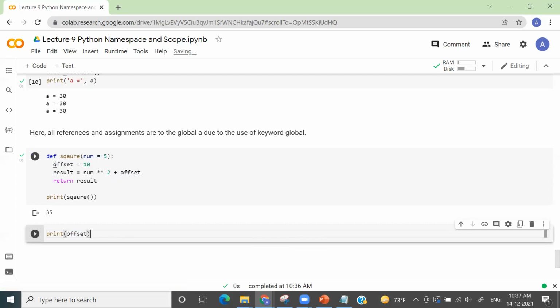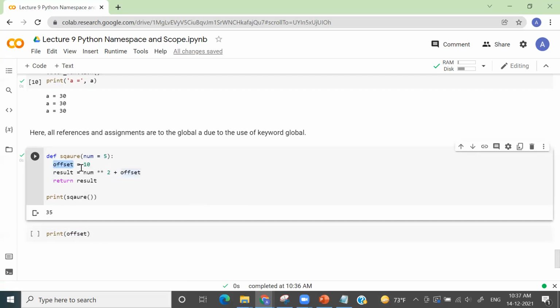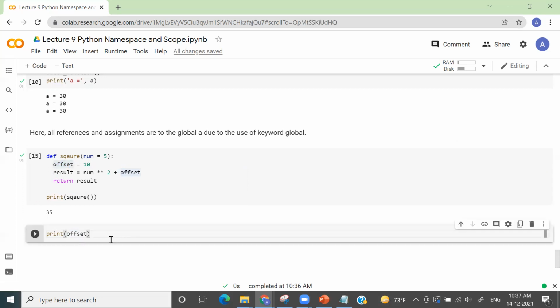Why 35? No. I have stored 10 into my variable offset. So if I print offset, what would be my output?